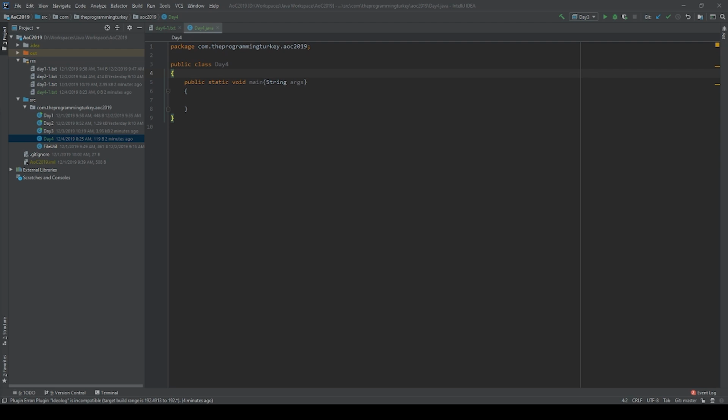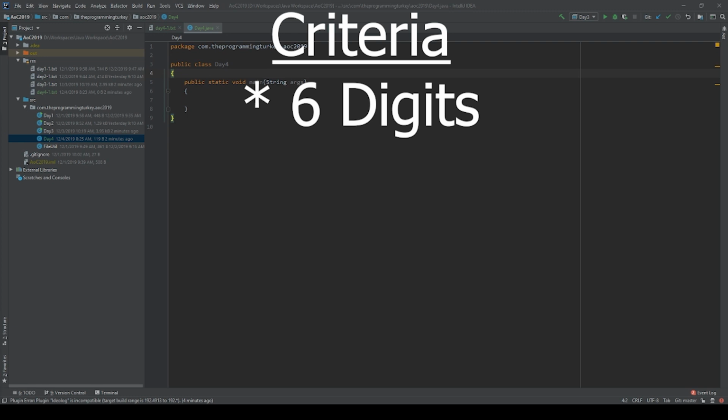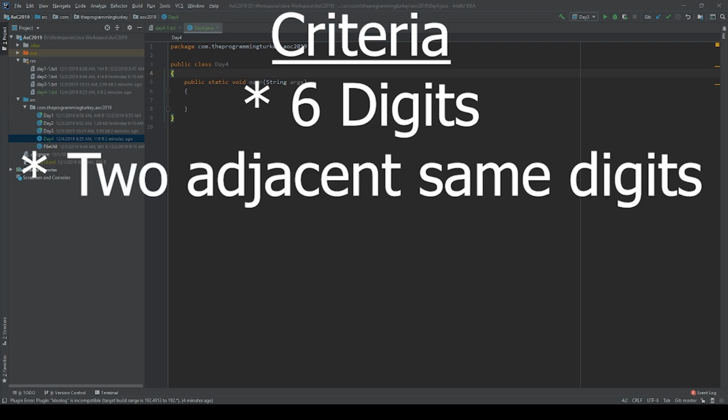Let me first summarize what today's problem is. So for today, we will be essentially figuring out the password possibilities given some criteria. The criteria for our password is that it is a 6-digit number. There are duplicate number entries that are adjacent. So their example is 1, 2, 2, 3, 4, 5, there are adjacent duplicate numbers there